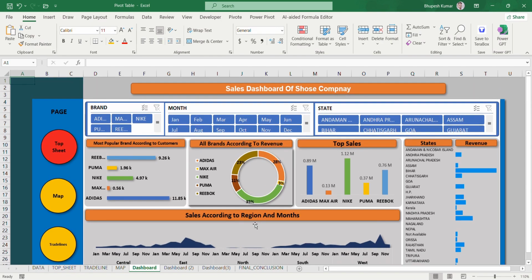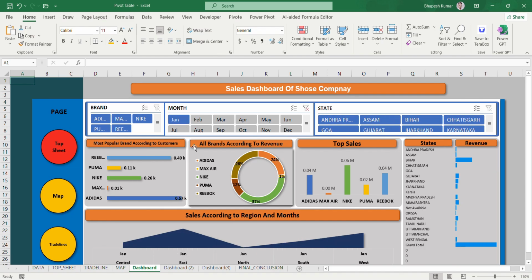Now if I want to see our chart according to month, then simply click on any month. Then we can see that according to month our dashboard changed.